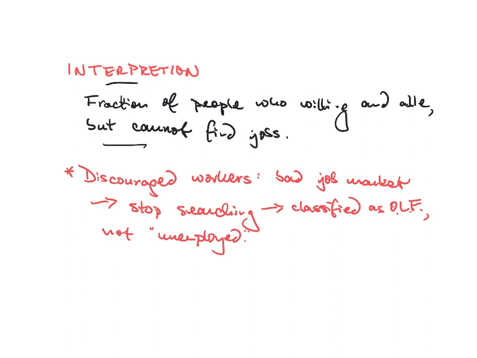And it's a symptom of an especially bad job market, like a job market that is so bad that people give up on searching. That's when people start being classified as out of the labor force, and it makes it look as if the unemployment rate is lower than it really is. The unemployment rate understates the fraction or the number who want but cannot find